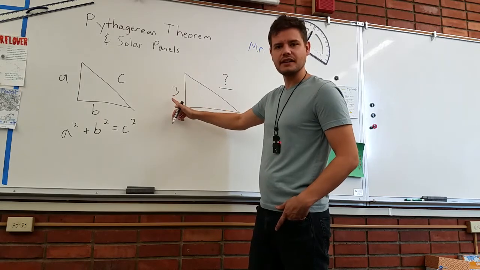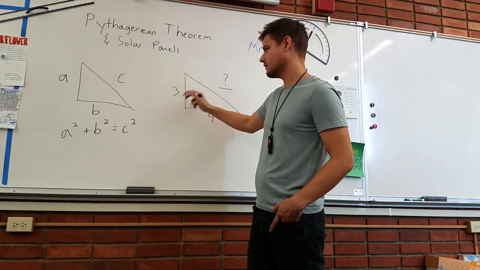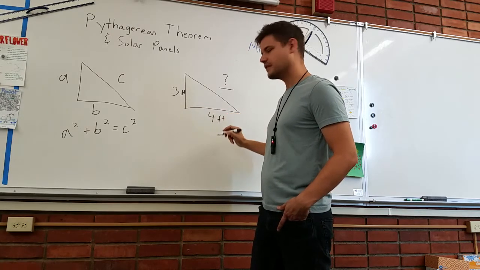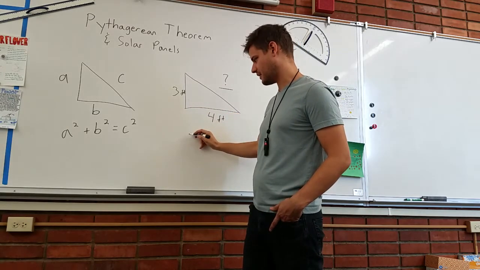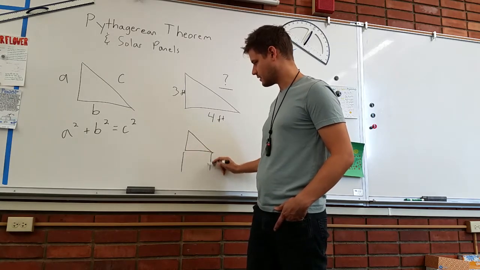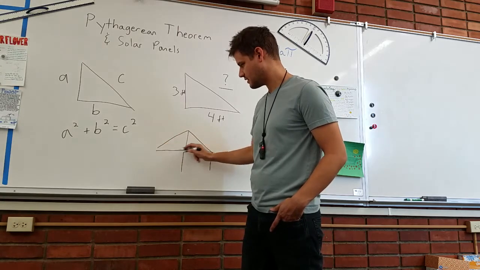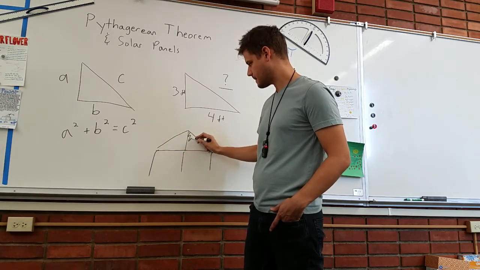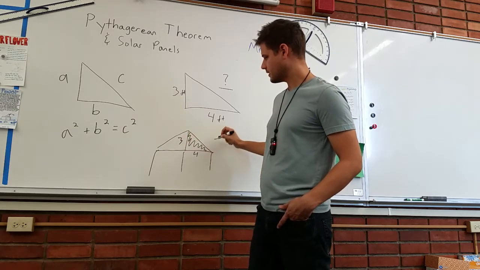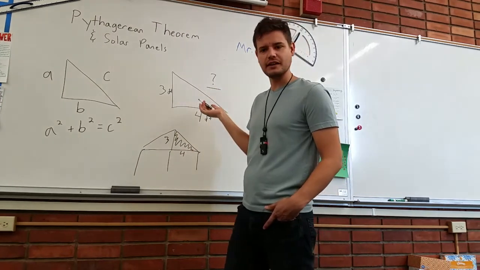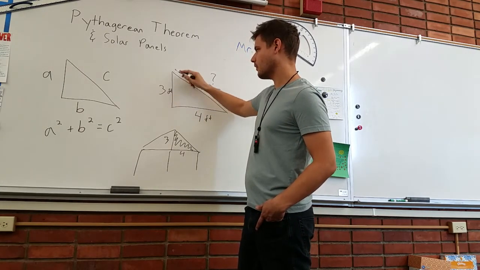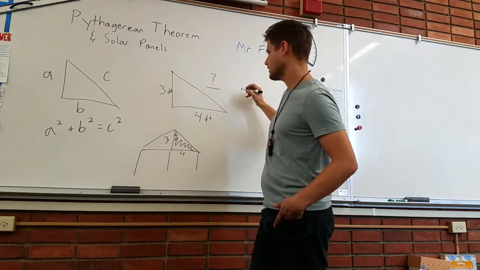Say we got a side that's 3 feet long and another side that's 4 feet long. This might actually be something like a part of a roof, like half of a roof on a shed or something, maybe 4 feet by 3 feet. So you can imagine this is already getting some real life applications. If it was 3 feet tall up to the pitch of the roof and 4 feet across, we could take